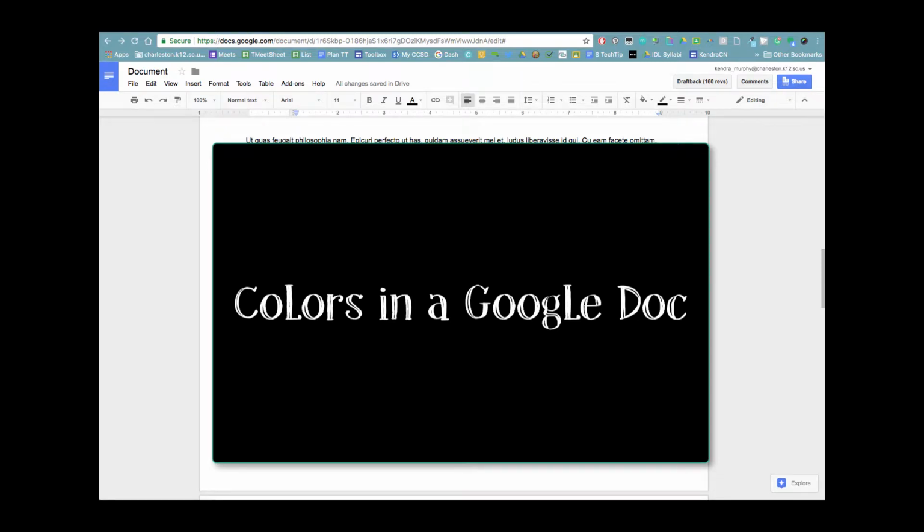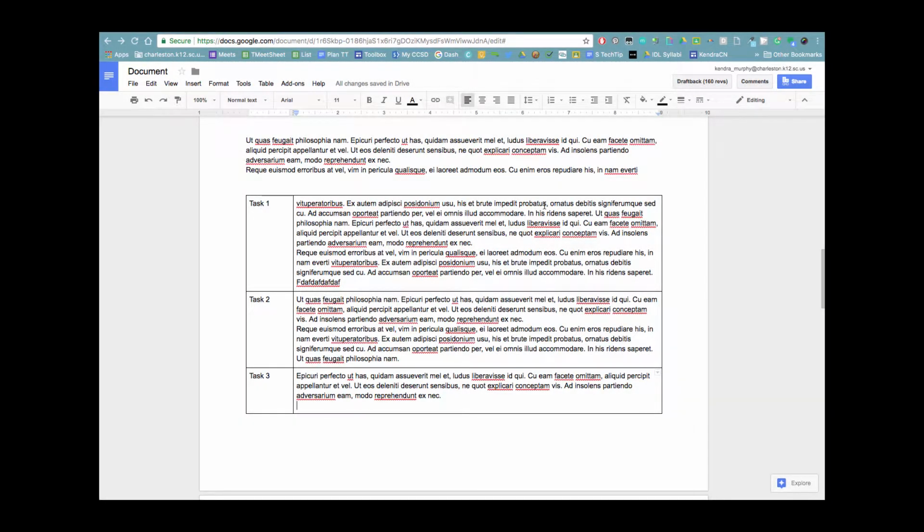So when we're thinking about your Google Doc, you want to also think about the colors that you choose. And you can see here I have the table laid out the way that I want it, but it's not very attractive. It's not as engaging and pleasing to your eye as it might be. One thing I frequently do is try to use gradients of color rather than using lots of different colors all